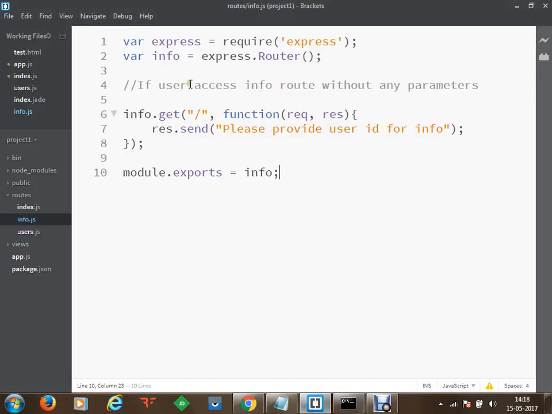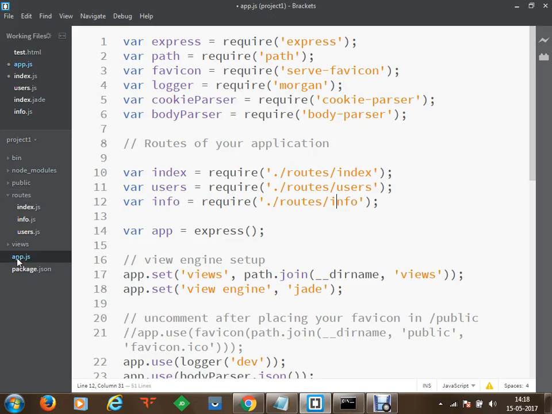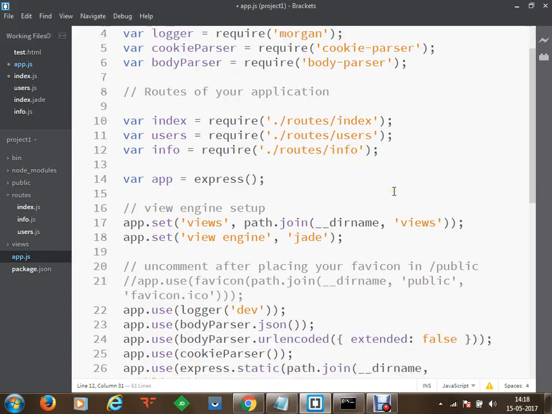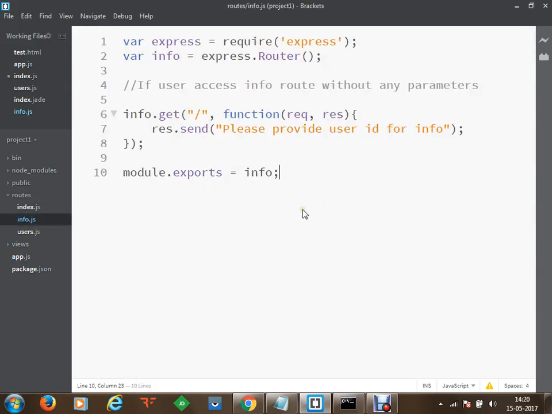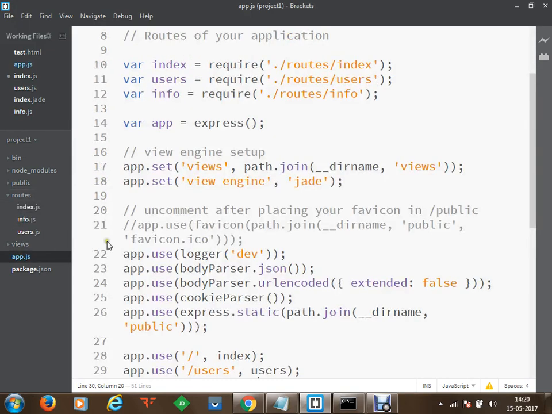What we have is, let's say we were here, we have specified the info, we have specified the router, we have the route applied here, then we are into the app.js file. Within it, I have specified routes and /info. This has been specified, and then we have used /info for the info. What we'll do is save both the files, info.js and app.js, using Control S.